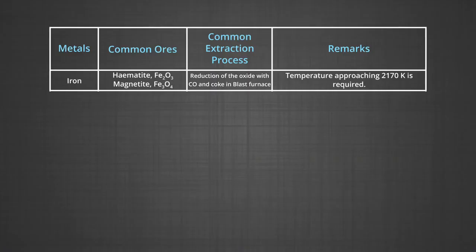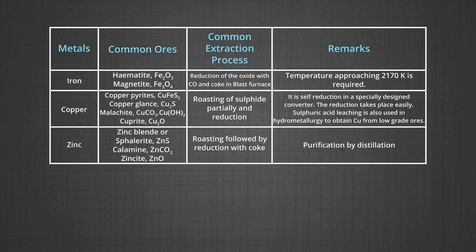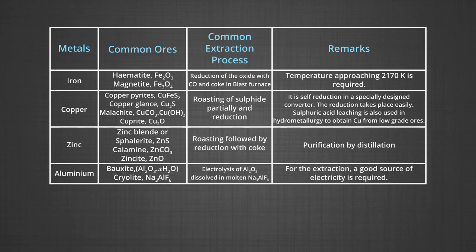Extraction of iron is done by reduction of its oxide ore in the blast furnace, and copper is extracted by smelting and heating in a reverberatory furnace. Extraction of zinc from zinc oxide is done using coke. Extraction of aluminium is usually carried out from its bauxite ore. The molten purified alumina is mixed with cryolite as a flux and then electrolyzed to obtain pure aluminium at the